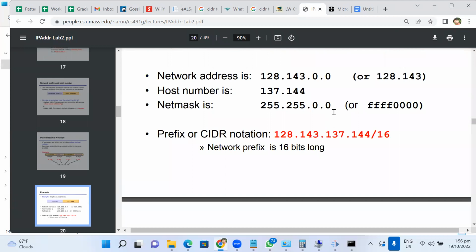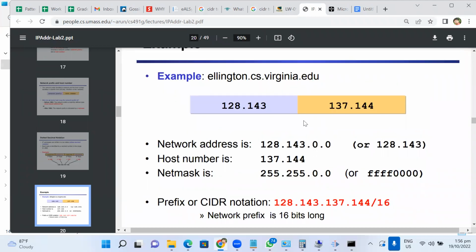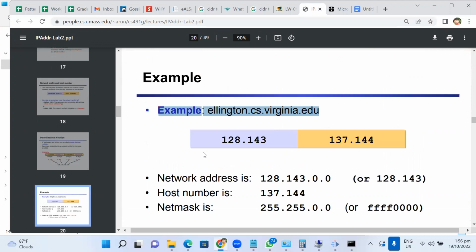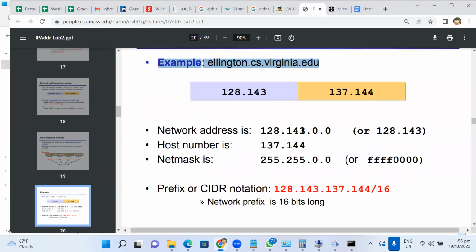We learned that. So when there's an IP address given, can you see this IP address? This is related to this domain, right? Actually it is a class B IP. You can see the first 2 octets are allocated for the network, and the next 2 octets are for the hosts. Therefore, the subnet mask is 255.255.0.0,